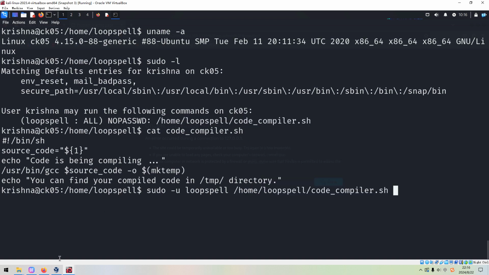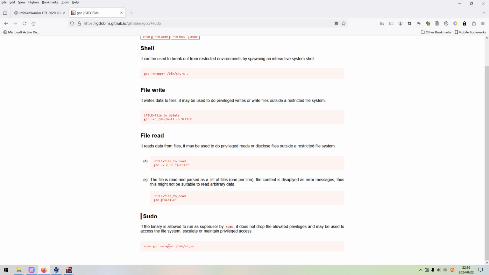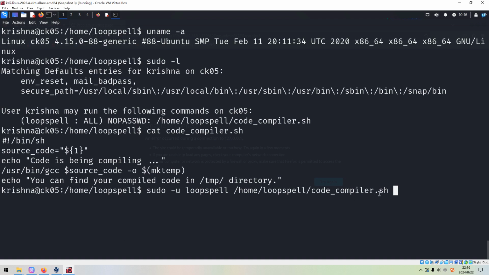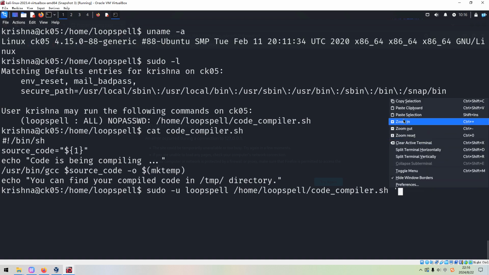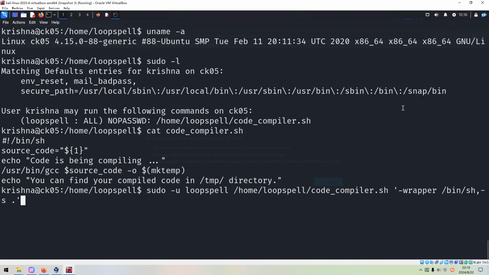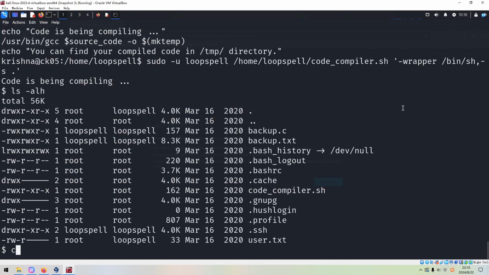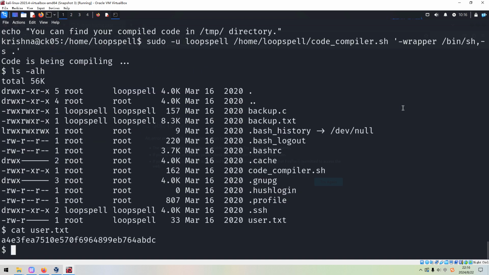And also we need to give the parameter. I think we need to use single quotes or double quotes. I'm not sure. Maybe the single quote is okay. So now we can press enter. It does work. Amazing, right? And then I think we can grab the user flag because we have permission.